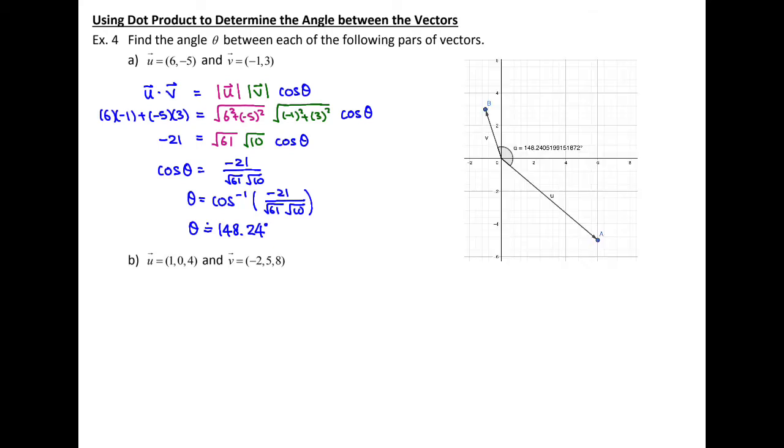Now let's use the graphing device to graph them. As you can see clearly, the angle between vector u and vector v is approximately 148 degrees. Similarly, for part B,